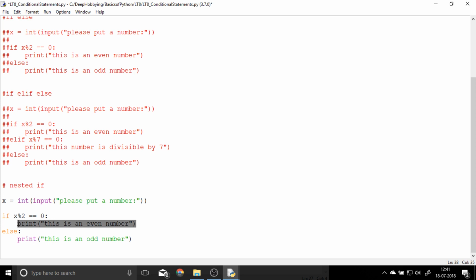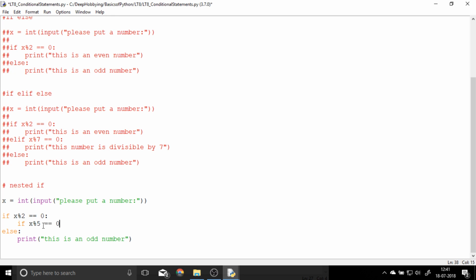But instead of executing a single thing, I can again pass if else conditions within the if statement. So here I can say if x modulus division 5